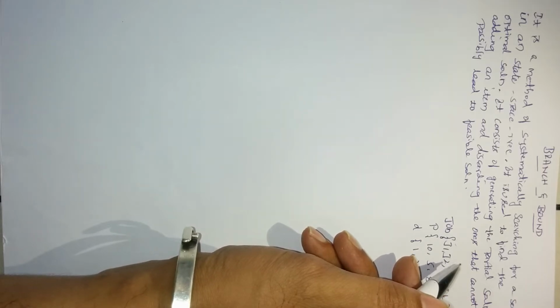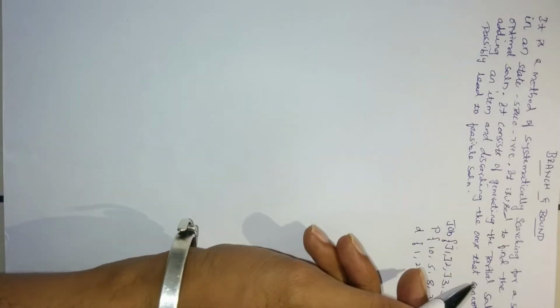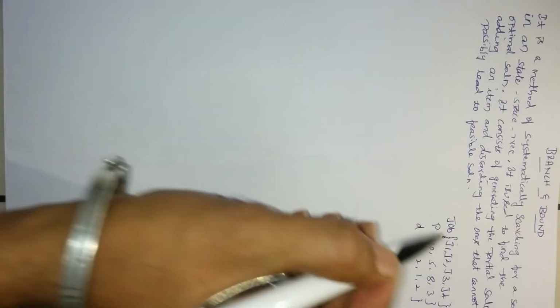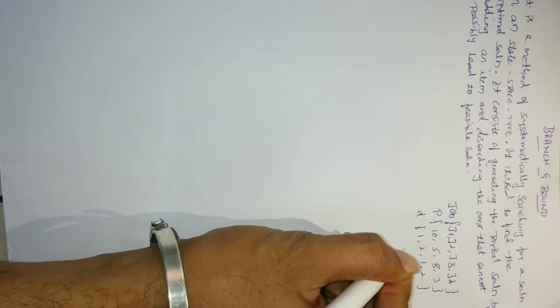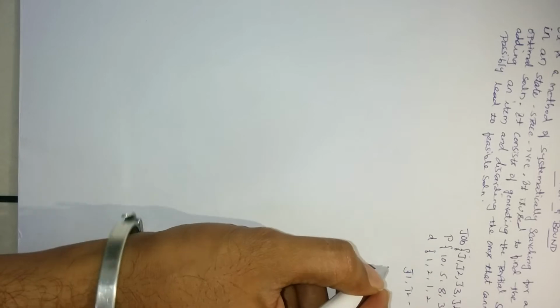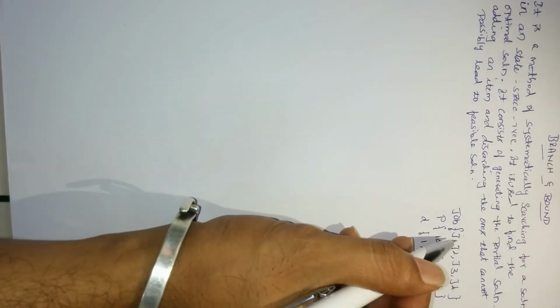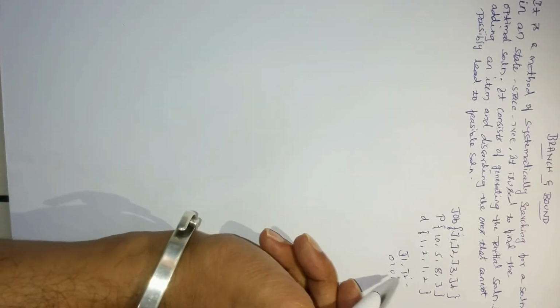This solution can be represented as a subset of jobs, J1 and J2, which is the variable length. If we use 0, 1, 0, 1 like that, it is called a fixed solution. This is the variable solution and this is the fixed solution. Now we'll start the example of how to solve using the branch and bound method.